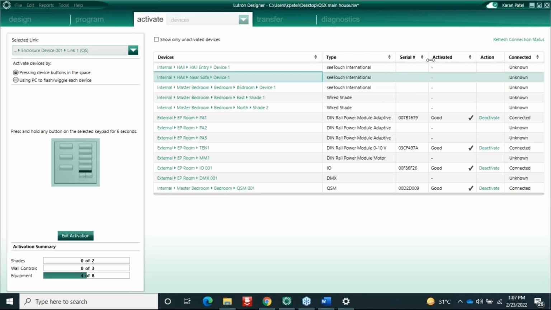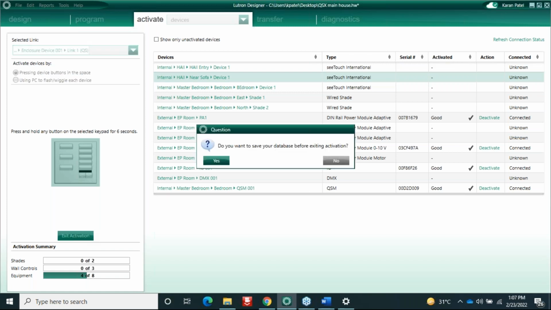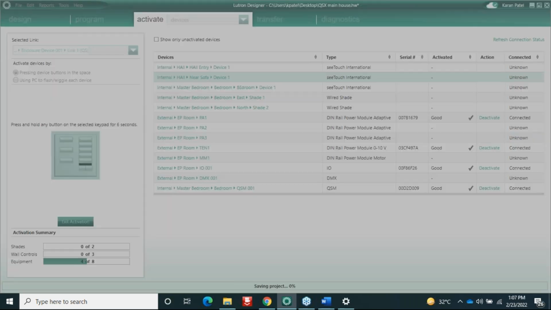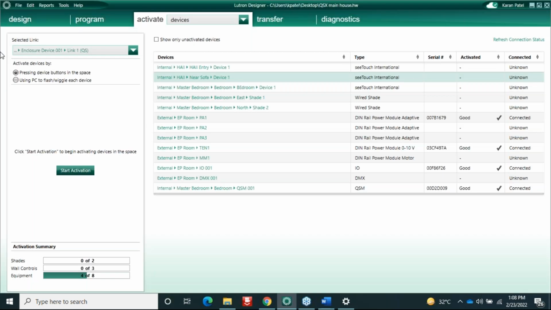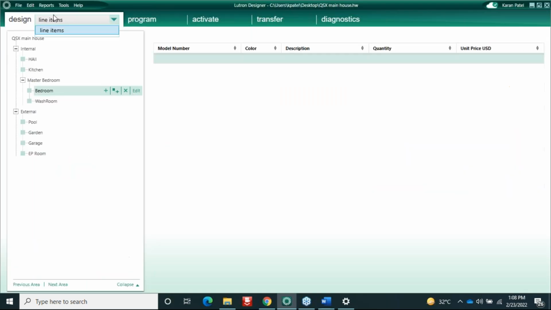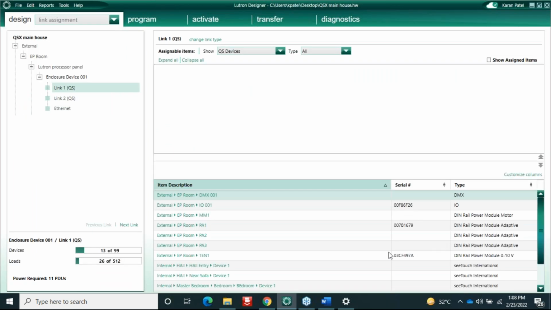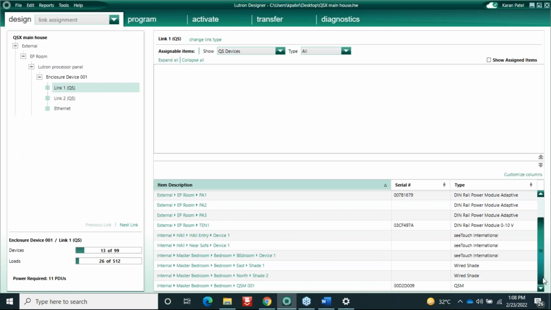So what you have to do is simply type all the serial numbers in the link assignment. If I go to link assignment, let me just exit this thing, and if you go to link assignment, you can type the serial number manually. So if you go to design, and then link assignment, here you can type the serial number manually for every device, and then